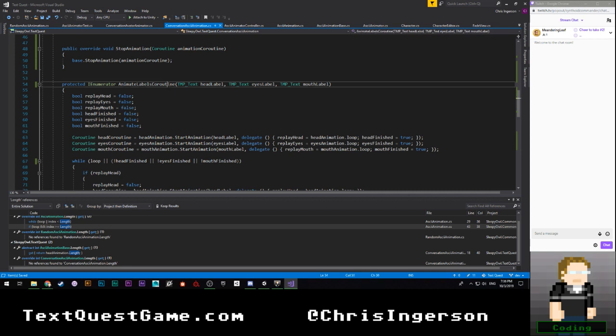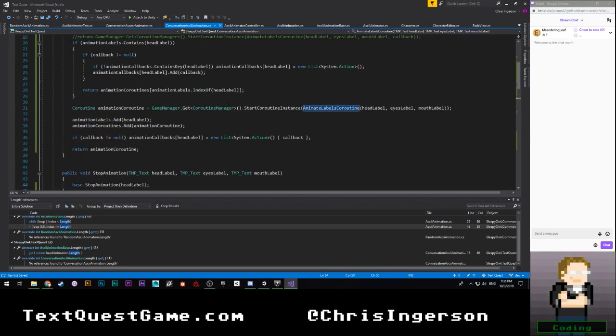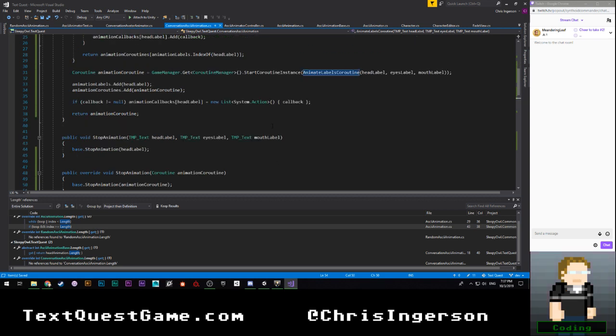So that wouldn't stop it, because it's going to try to pass in the main coroutine, but not the child coroutines, which I have to manually track.